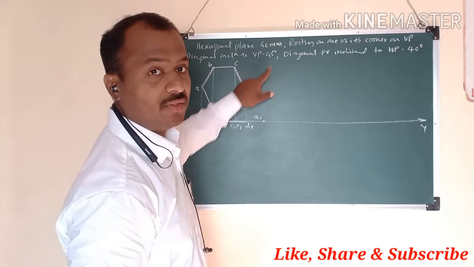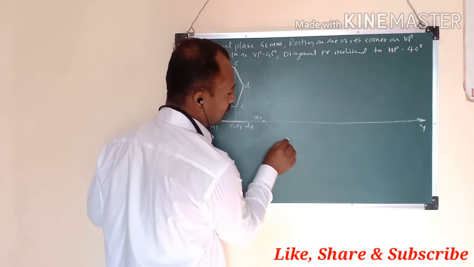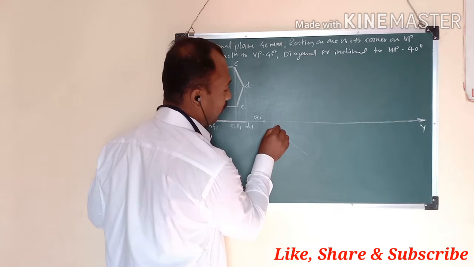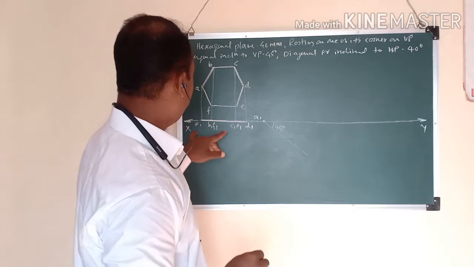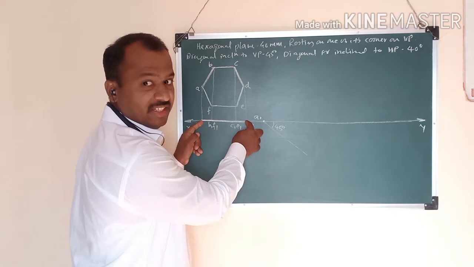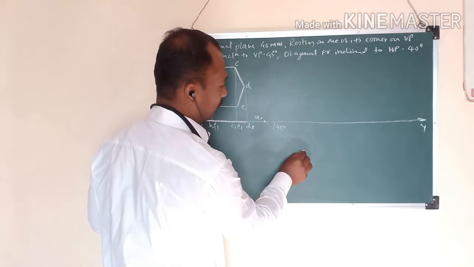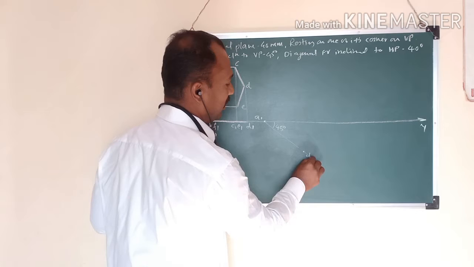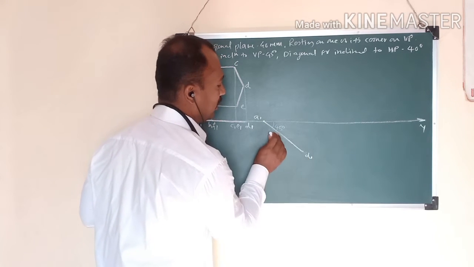And that inclination is 45 degrees. So mark here a 45 degree angle. यहाँ पे मैंने 45 degree angle plot कर दिया. Then take the distance A to D1 in the compass, put the point on A1, and cut here. You will get D1 here. Then make this thick. Line हमें thick करना है.